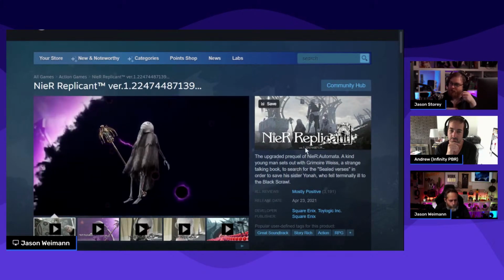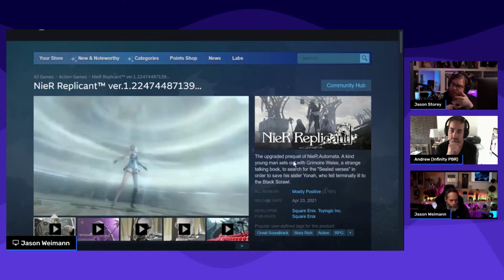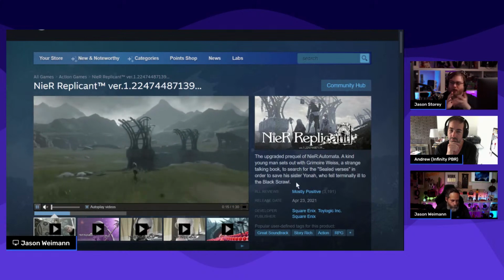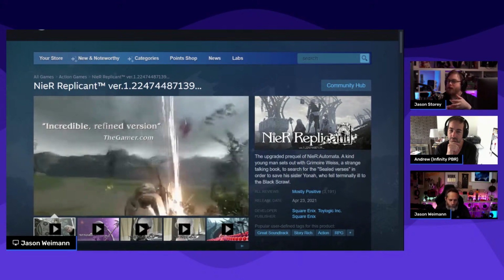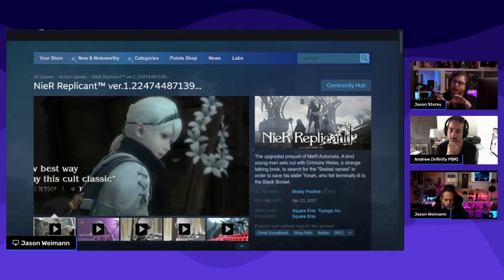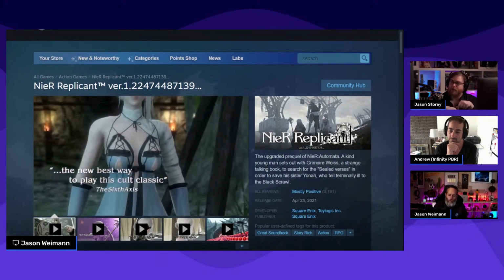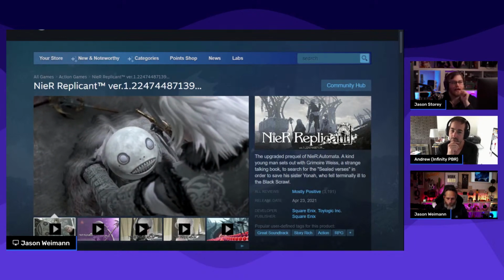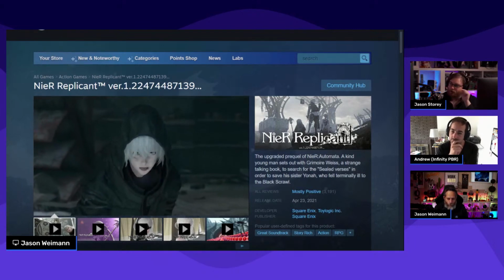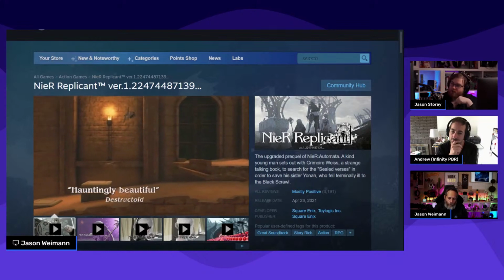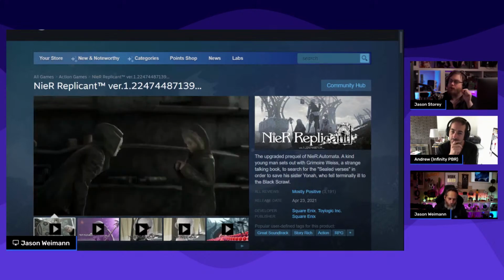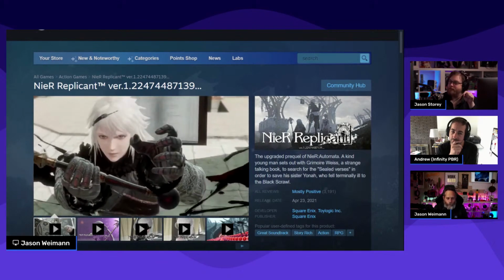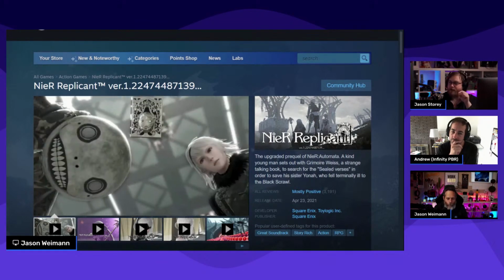This is a remastering of an old game, so it looks like the new one. Visually, it's quite nice, and they've changed the combat and stuff so the combat's closer to how it is now in Nier Automata. But from a game design perspective, this game came out in 2010, the original version of this game. And the new game is a remastering of that game, which means it's got 2010 sensibilities for game design. And so this game's fundamentally worse in almost every